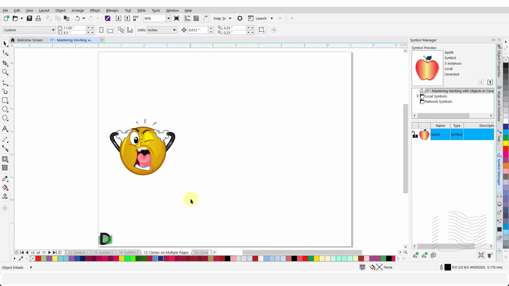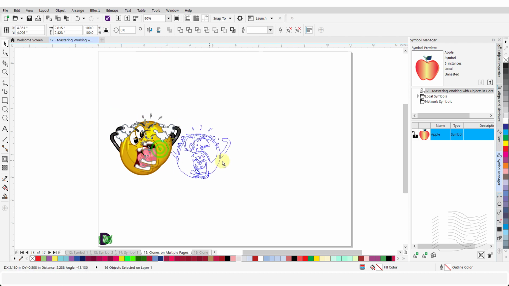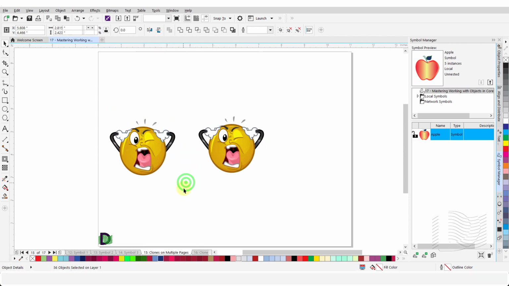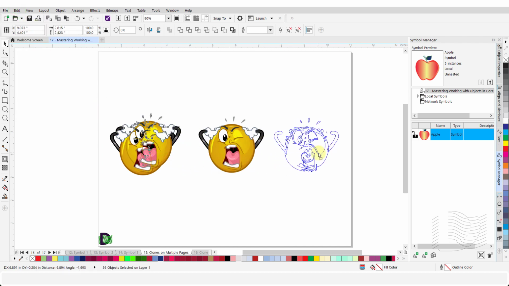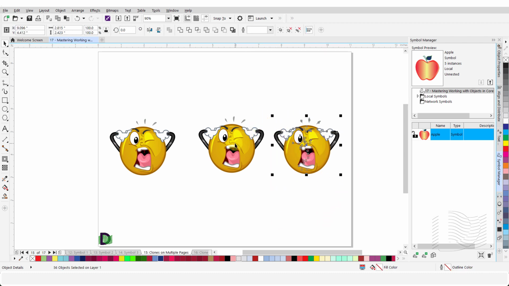But it is not quite the same with clones. I will create a couple of clones of this object. Then I will select and copy one of these clones.